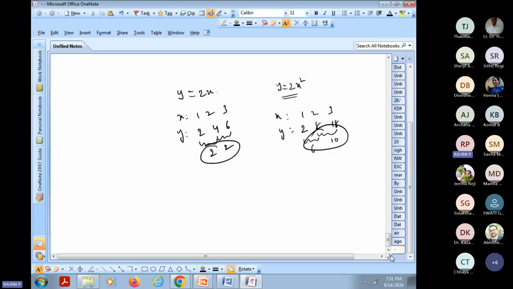Yeah, so with this we finished. All this: measures of central tendency, measures of dispersion, and this one, correlation. Everything comes under descriptive statistics. Okay, now we are moving to the next one.